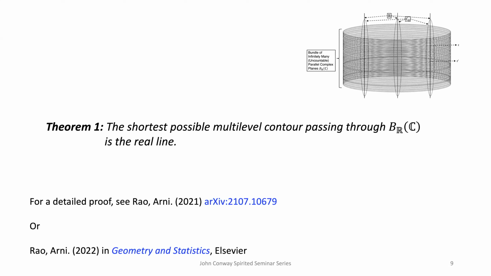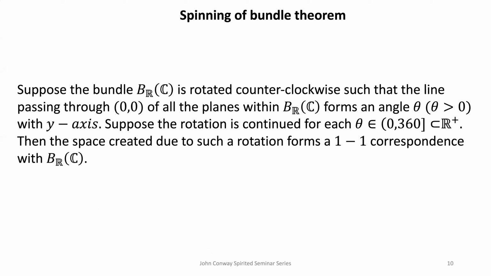So there are many things there. This is one of the first elementary results, so I'm skipping the proof, but one can see it there. Then the interesting thing is what happens when you spin it. So I'm going to explain the proof of the spinning of the bundle theorem. That's a good question, by the way, that Anwar asked, because how do we see what shortest possible means? I like that question, because we need to understand that it means without curvature.